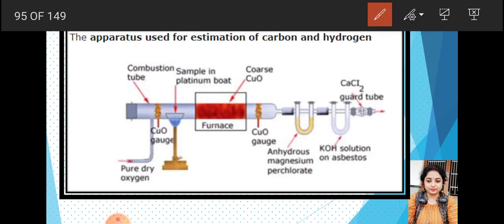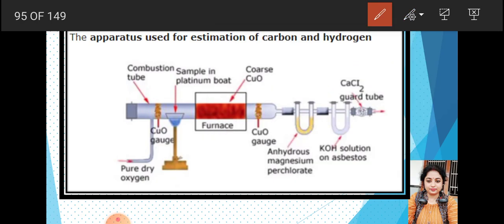Okay, the third unit is the absorption apparatus. This consists of a weighed U tube packed with anhydrous calcium chloride to absorb water, and a set of bulbs containing a strong solution of potassium hydroxide, or a weighed U tube filled with Ascarite, a resin, to absorb carbon dioxide, and finally a guard tube filled with anhydrous calcium chloride to prevent the entry of moisture from the atmosphere. So this is our apparatus setup.